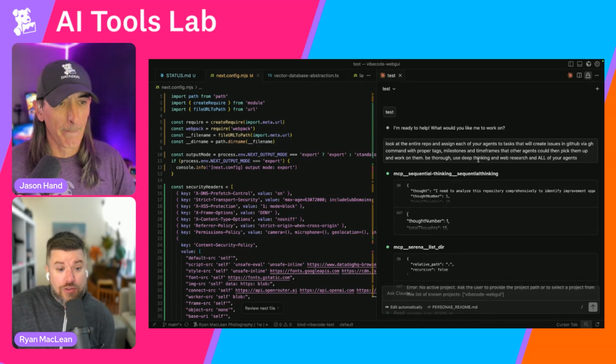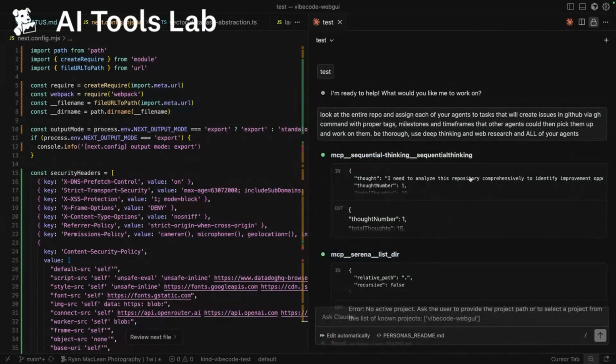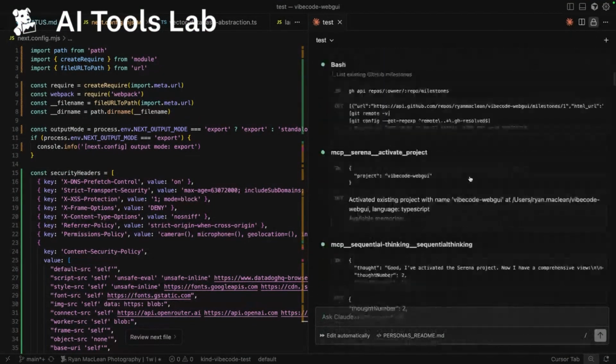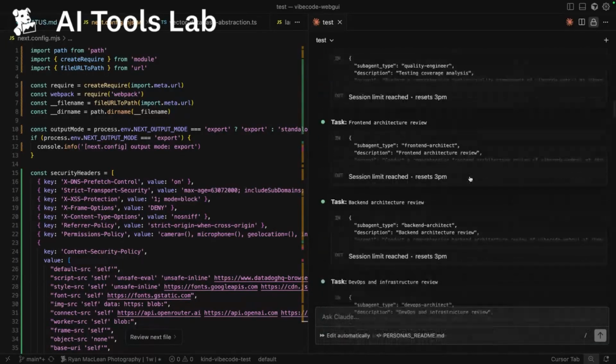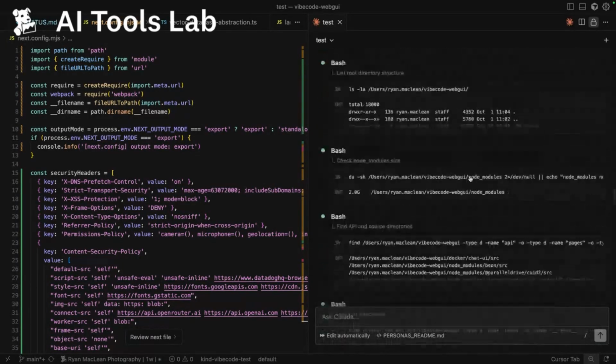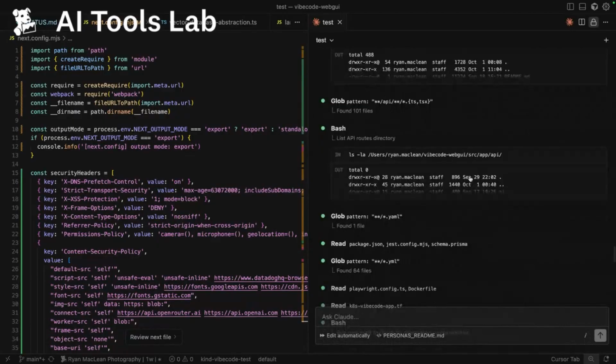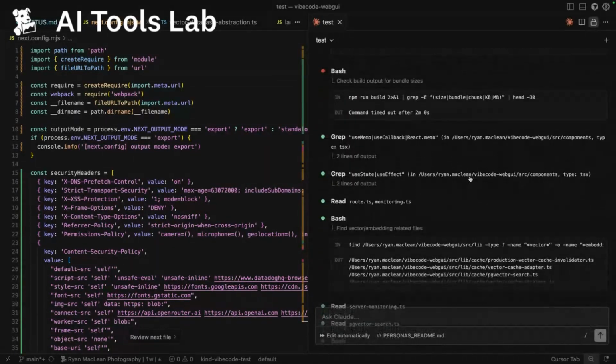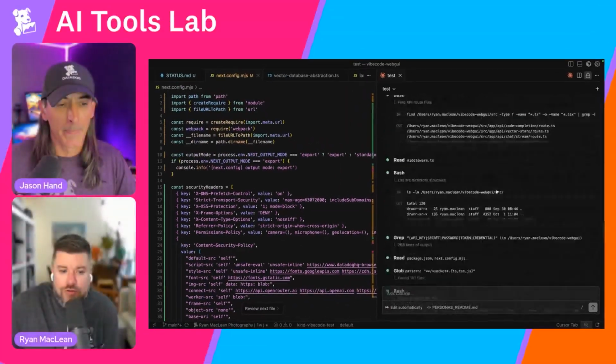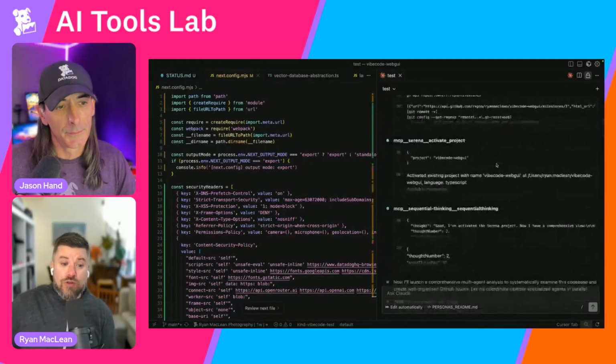But you can see in here, without doing anything, my MCP servers, so sequential thinking and Serena, the ones that we were just talking about, already were working when I brought this up. And then I gave it a task. I started going through my code base. I ran out of utilization pretty quickly on this one, but basically you can see it runs exactly the same way as it would in